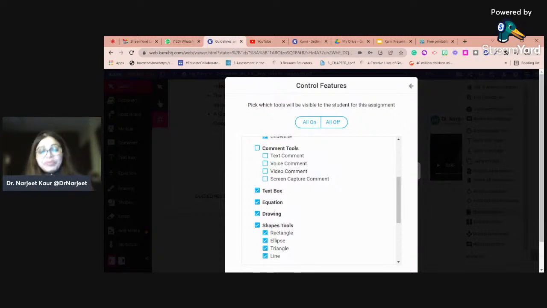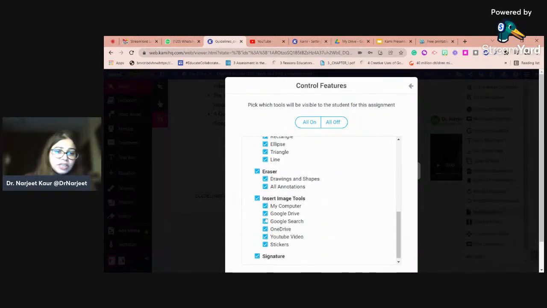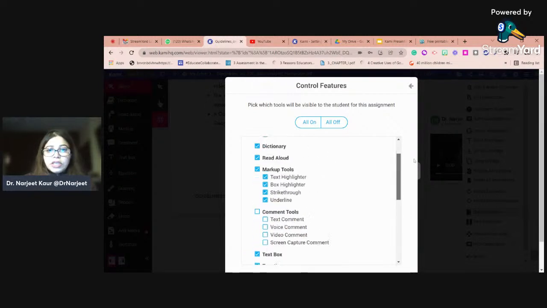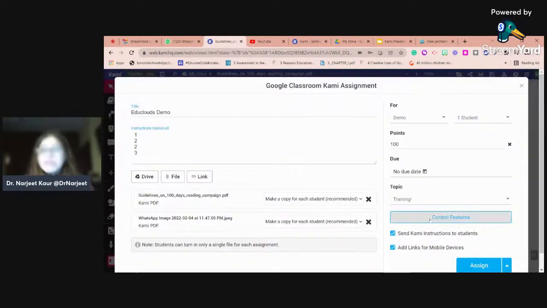If there is a kind of assignment where you want to integrate comment tools, otherwise I don't think there is any need. There is no need to insert the image tools also, no need to insert the signature also. Here I have picked whichever tools I am going to give permission for the children to be using, and then I click on assign. When I click on assign, you will see that a copy of this Kami assignment is created in the classroom of demo classroom, which has